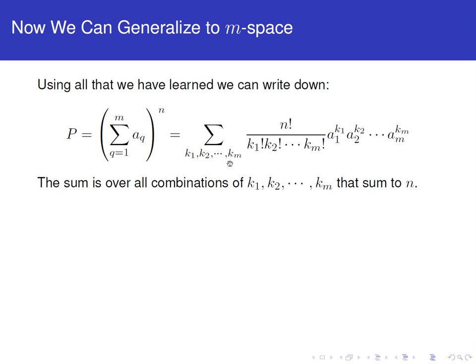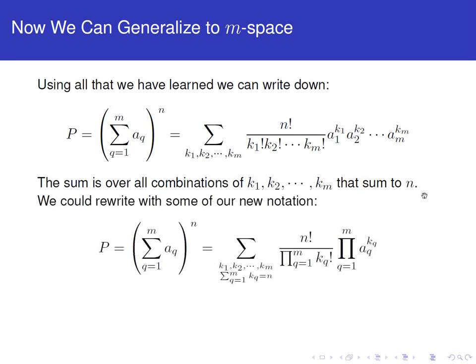And then we simply have to sum up all these terms with the constraint that k sub 1 plus k sub 2 and so on sum up to n. Now, if we wanted to use a little bit of mathematical notation here, we could write it this way, where this really just becomes a product of many different pieces, and so do the a's up here. So we can use our capital pi sign for a product. All right, so we went to the generalization of the binomial